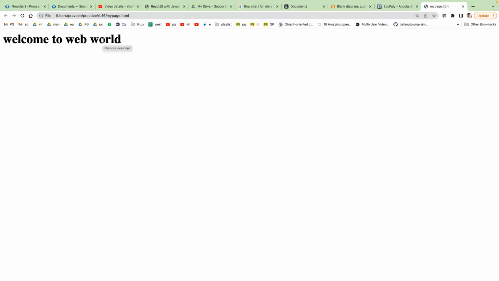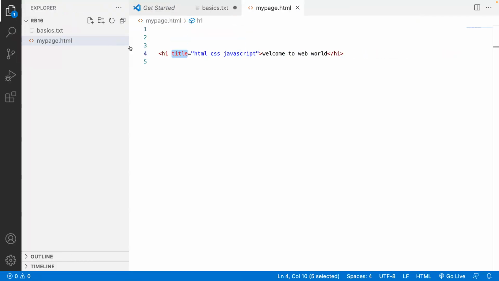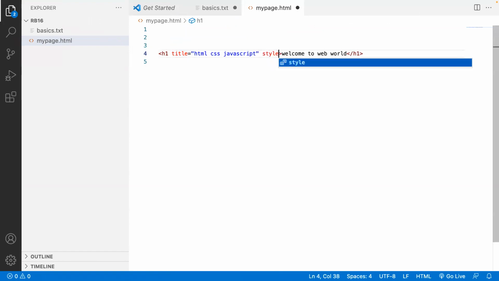They have all added them as attributes. Next, there is one more attribute called style. This is another attribute. Attributes come in the first open tag of an element.